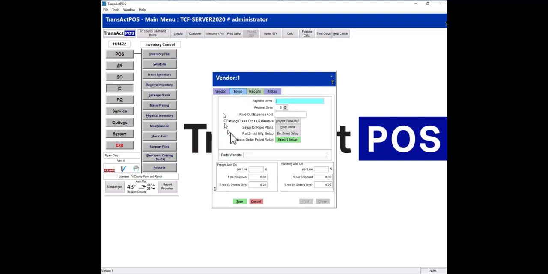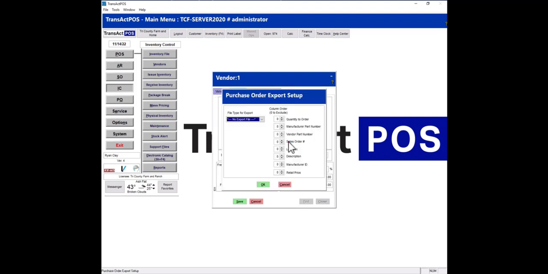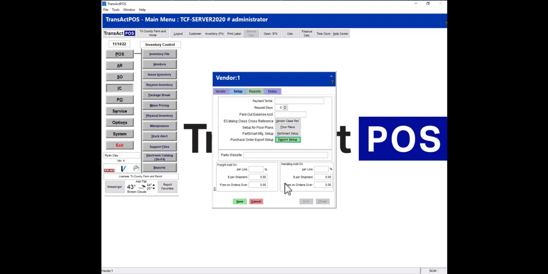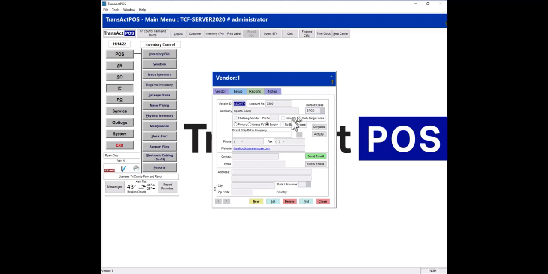Then we'll also come back here to the export setup and indicate this particular step, but we'll get that done in a little bit after we do the import of the catalog information. So first we need to make sure we have the catalog awareness on that vendor. These items that come in are going to go into the sporting goods department. And